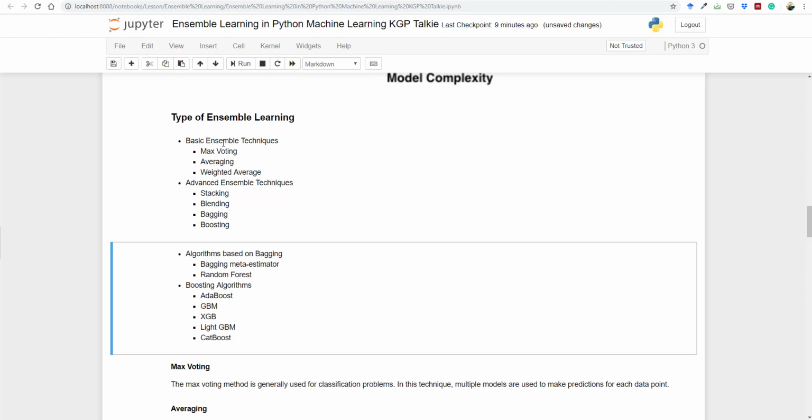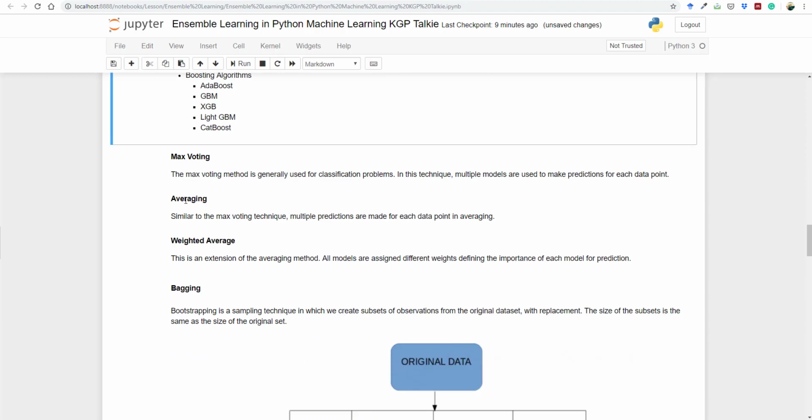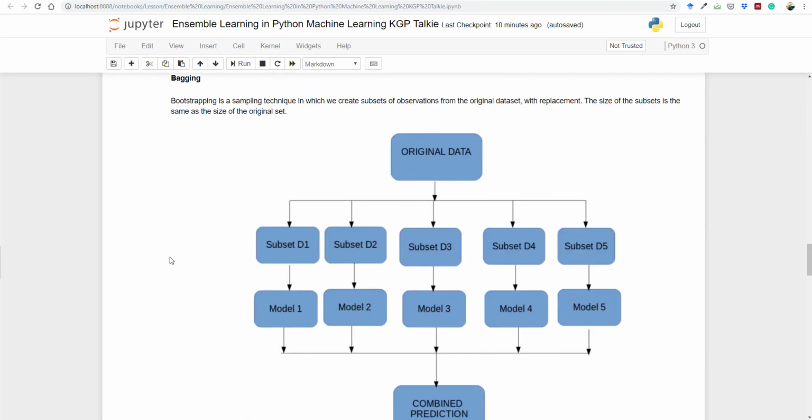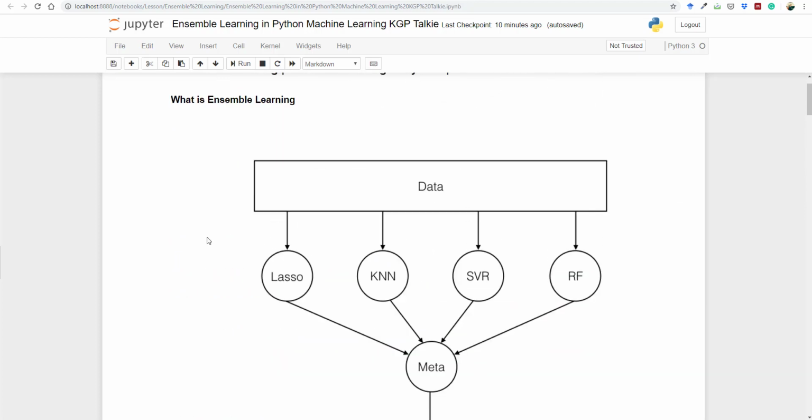Okay, perfect. Now let's go ahead and see how these basic ensemble techniques work. Here we have max voting, averaging and the weighted average. Max voting is generally used for a classification problem. In this technique, multiple models are used to make a prediction for each data point, and the prediction by each model is considered a vote. The prediction we get from the majority of the models is used as the final prediction. For example, let's say there are 4